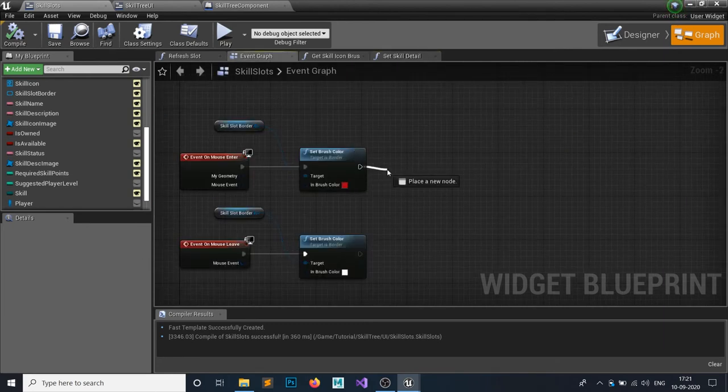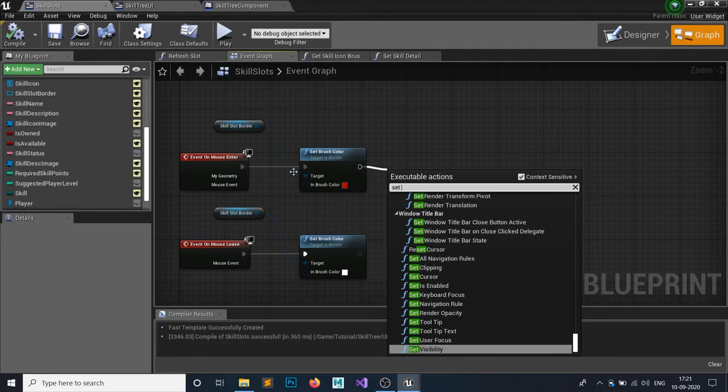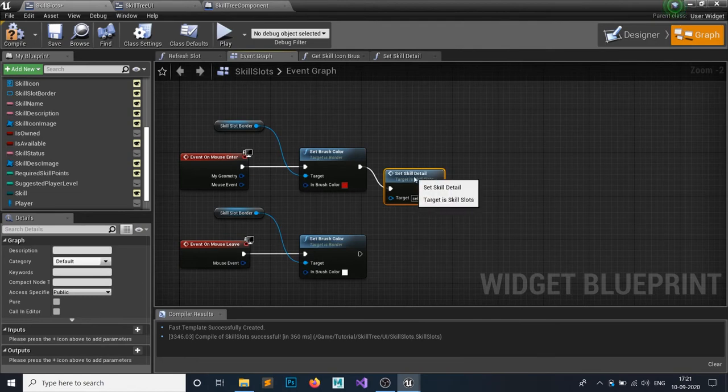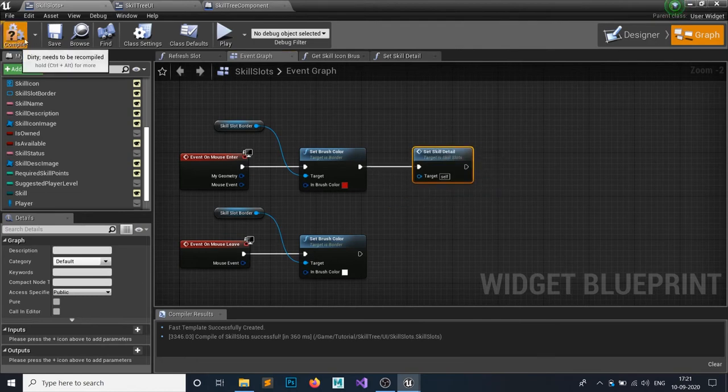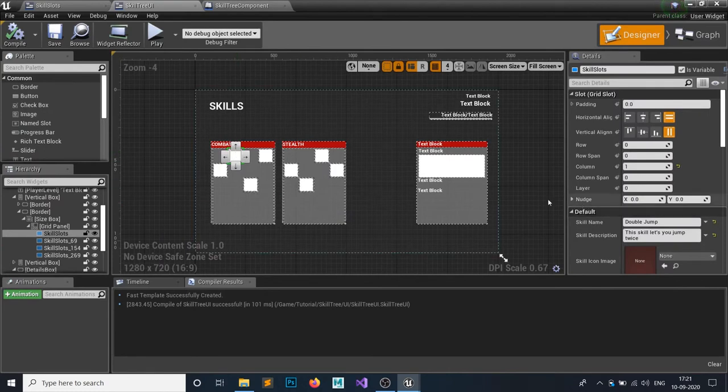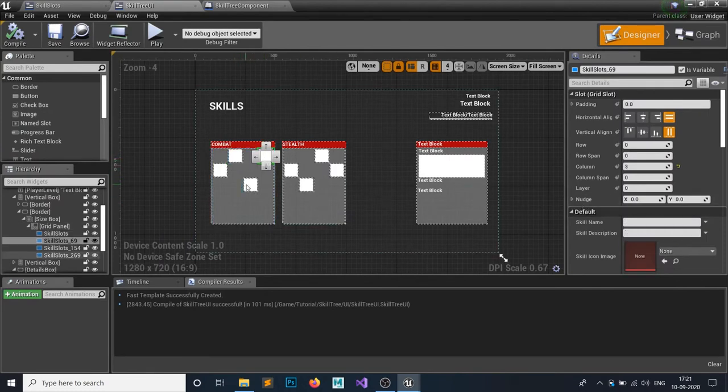And let's set, whenever our mouse enters, we have to call that function, set skill details, and let's see how this looks. So let's set some details. We have set this double jump in here. Let's set another one, let's say sprint slide,